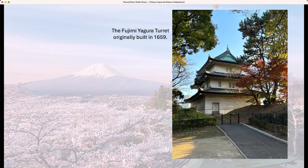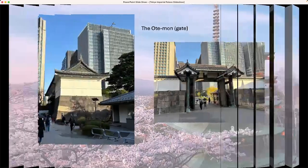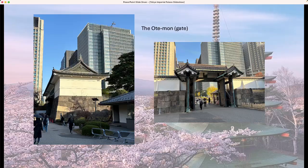And so not only do you see the platform of the keep and are able to walk up it, walk through gates, see defensive turrets and guardhouses, as you walk out of the East Gardens, you actually see another impressive gateway. It's called the Ottoman Gate. And the Ottoman Gate is really impressive because you get this view of how it was meant to defend the actual castle itself. Basically, it consists of two gates, and one is larger than the other, and they're deliberately